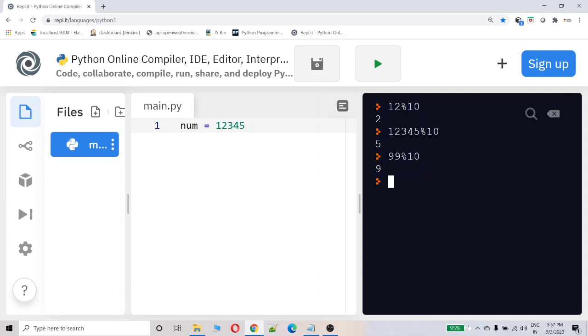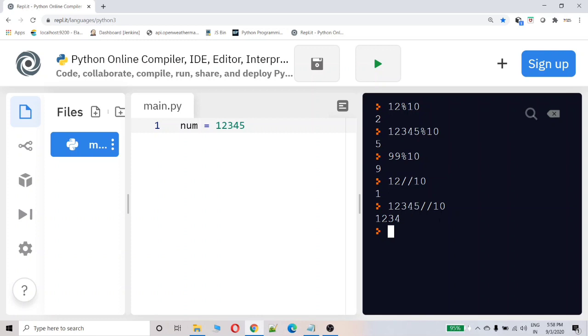And one more operator which you have to know is floor division. Let's see what it does. Floor division of 12345 by 10. What it is doing is dividing the entire number by 10 and removing the floating point.